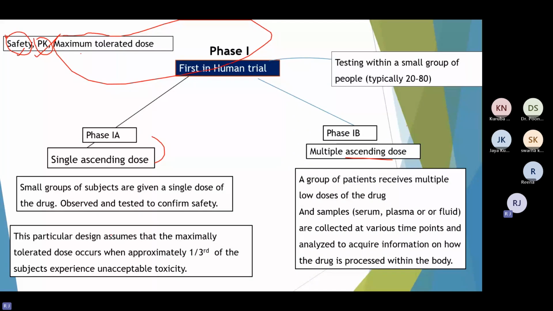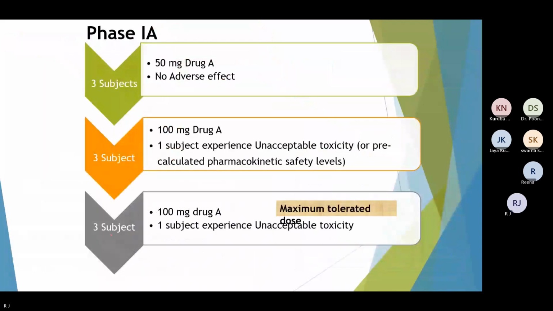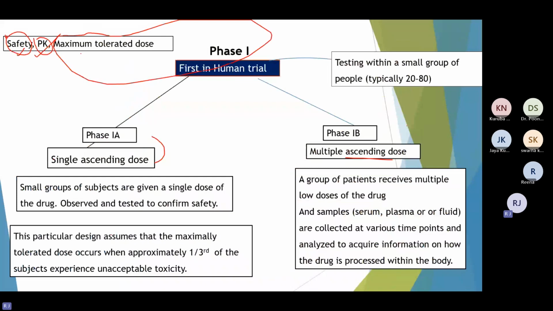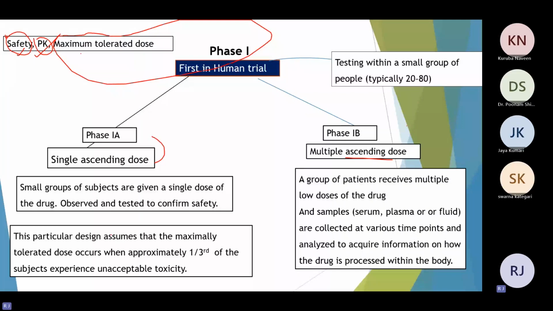so how do we determine the maximum tolerated dose? For example, they have taken 30 people, okay, and they have given the drug, and after 7 days they have checked how many people have abnormal liver parameters, LFT, AST, ALT. Okay, based on that they will determine, okay, now 10 people are suffering from abnormal liver parameters, means this should be our maximum tolerated dose. Okay,